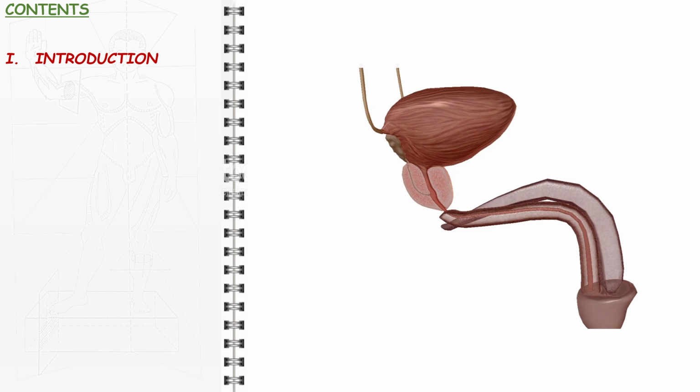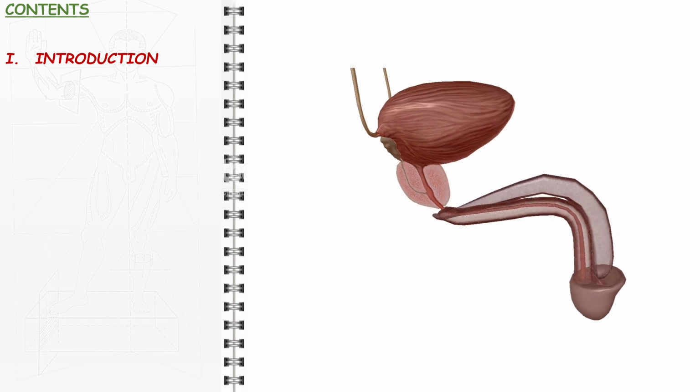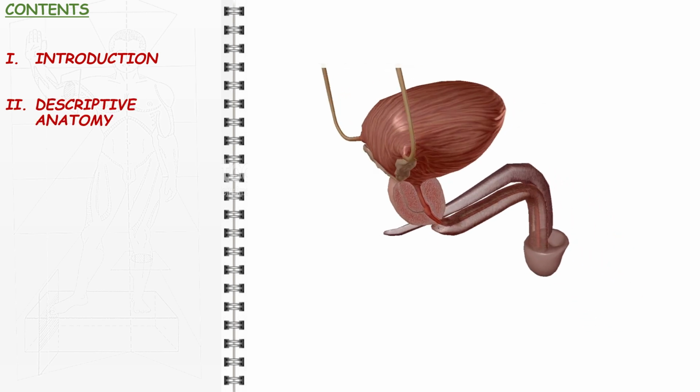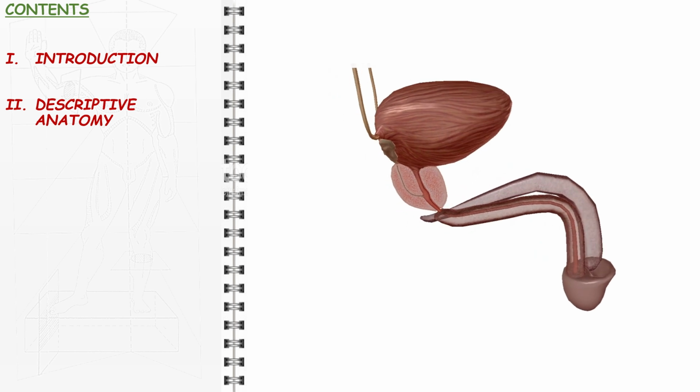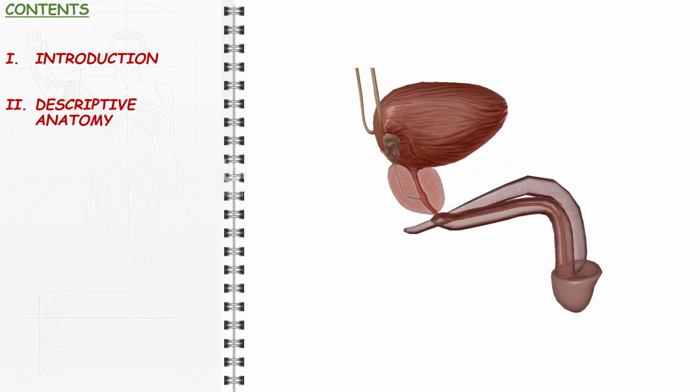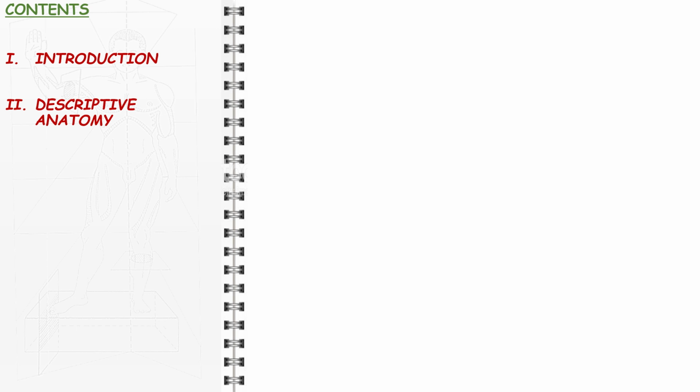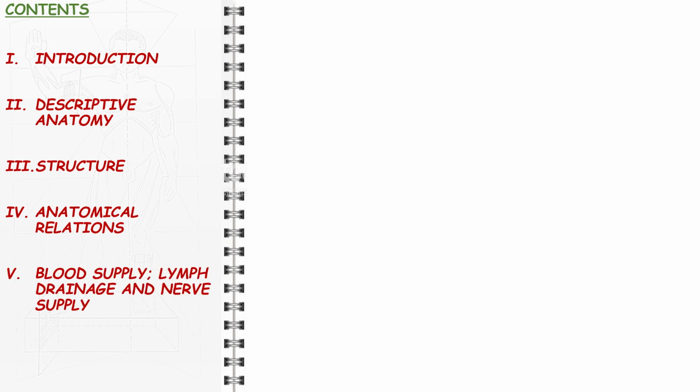Following that, we will go step by step through the descriptive anatomy of the male urethra, focusing on its different portions. Next, we will take a closer look at the layered structure of its wall. We will then explore the anatomical relations that each portion of the male urethra establishes, first in the pelvis, then in the perineum. Afterwards, we will proceed to describe the blood and nerve supply and lymph drainage of the male